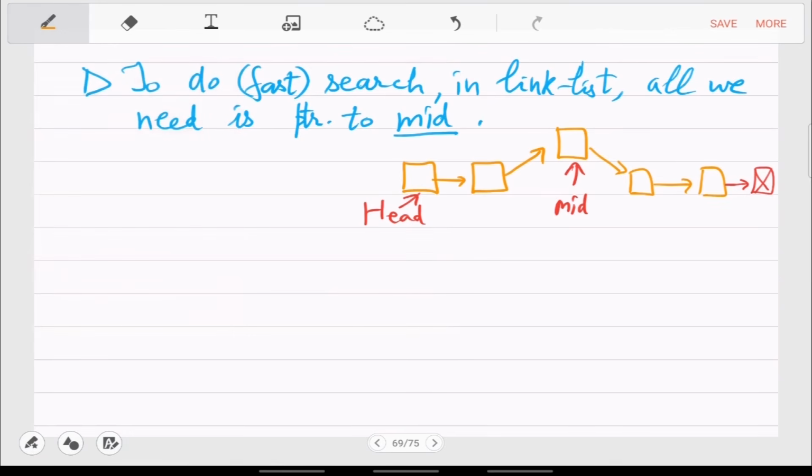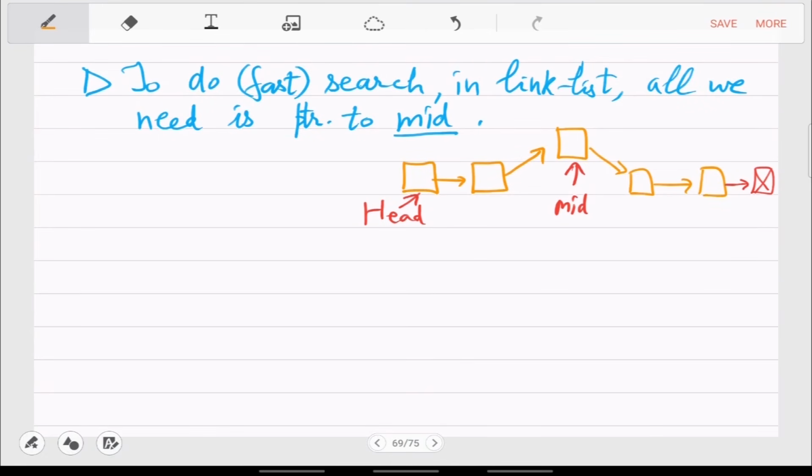But that is not enough. Now you can compare x with the mid. If x is equal to mid, you have already found the place. But in general, x will be less than mid or greater than mid. If it is less than mid, then you have to find the mid of the left half, which again is a problem.